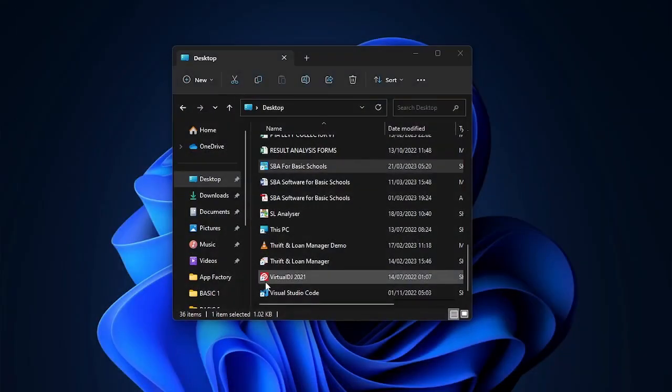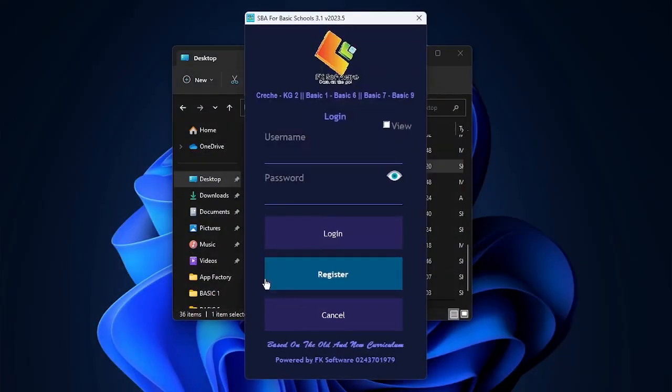You have to be patient. Let's wait for it to load the data for us. And this may also depend on the speed of your machine. So I'm going to log in with the default username